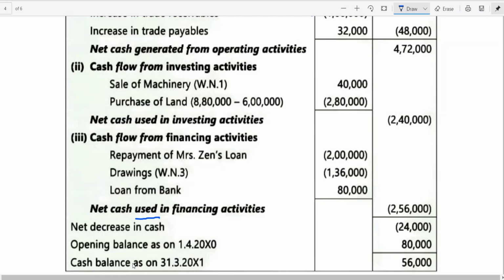I think with this I have tried to cover all models. In the last class the 6th, 7th, 8th problems were taken. 9th and 10th are direct method problems that you can do. 11th is homework I have given, assignment or whatever it may be. And then the 11th and 12th problems I have worked out. Then at the end of the chapter you have some practice questions. I think that you can practice. So with this I am concluding the cash flow statement.